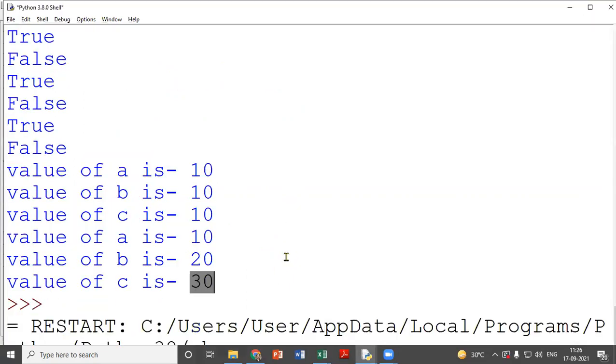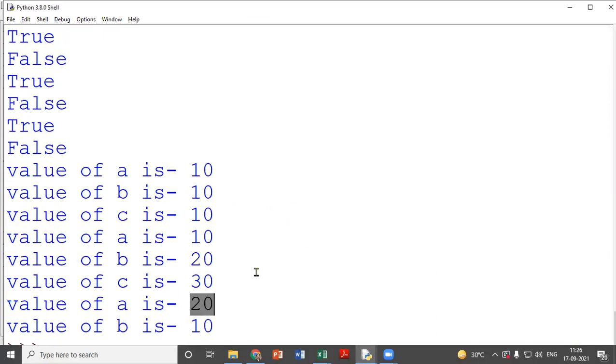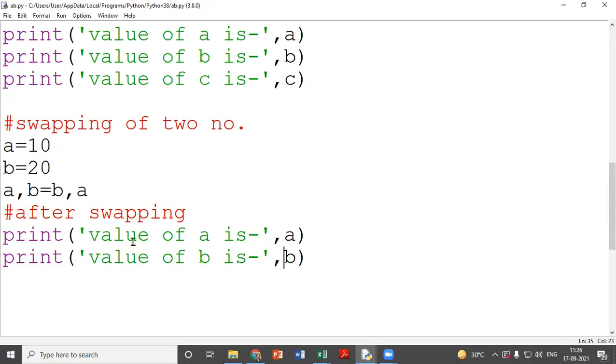Control S, F5. So A equal 20 and B equal 10. Understood? That's how I have done swapping very easily. So it is a very expressive language. With fewer lines of code, you can express your work. Understood? That's why Python is very user friendly.